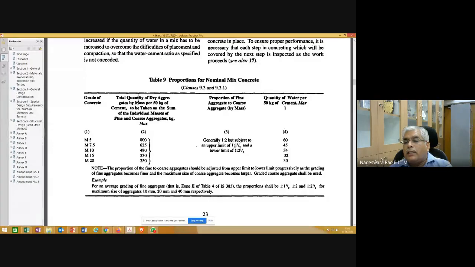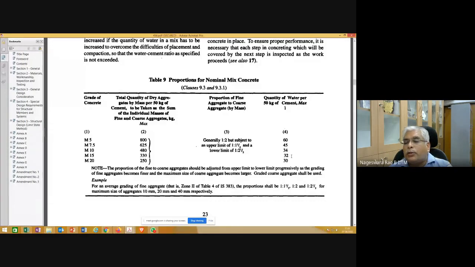For 50 kg of cement, you take fine aggregate to coarse aggregate in any of these proportions, and then the total weight should be 330 maximum. And what should be the quantity of water? For 50 kg of cement, the quantity of water is 32.